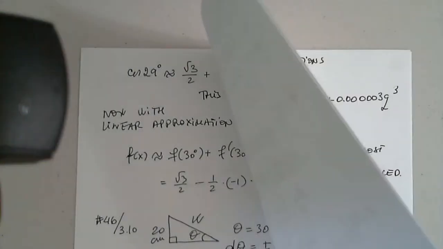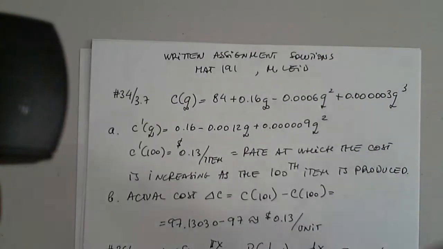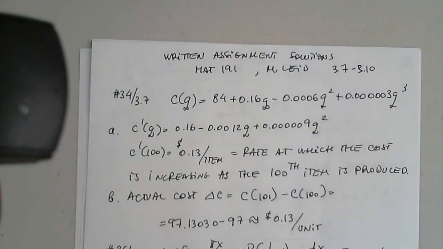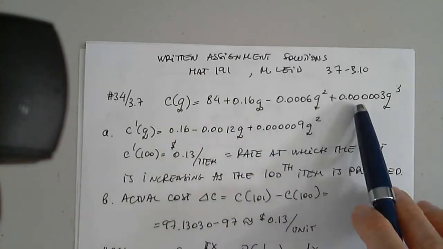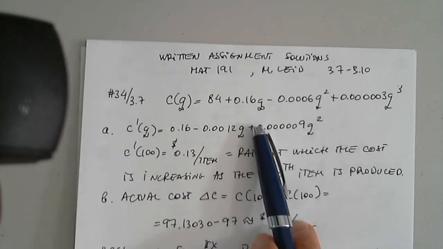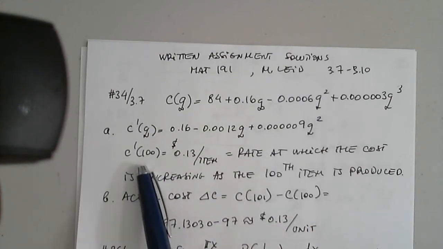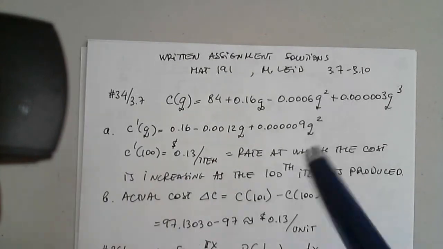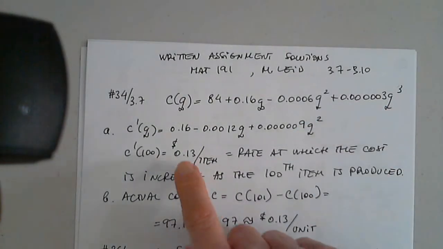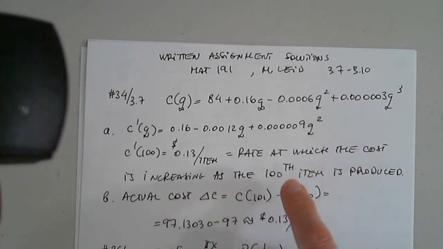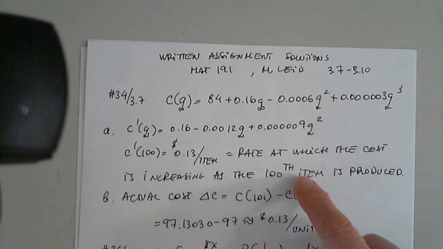Okay, this is homework 3.7, 3.10. And this was a cost function. We were asked to find the marginal cost by differentiating, of course, and then evaluate at 100. And we always get a rate of change, which has two measurement units. So that's the cost per item, the rate at which the cost is increasing as the 100th item